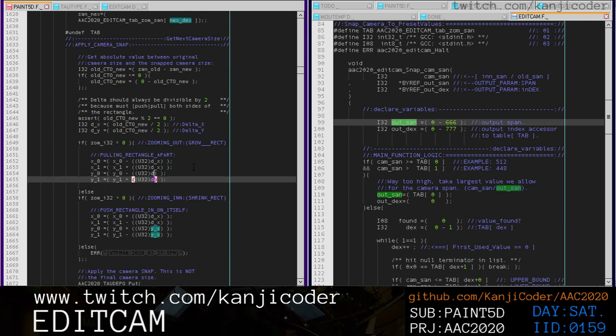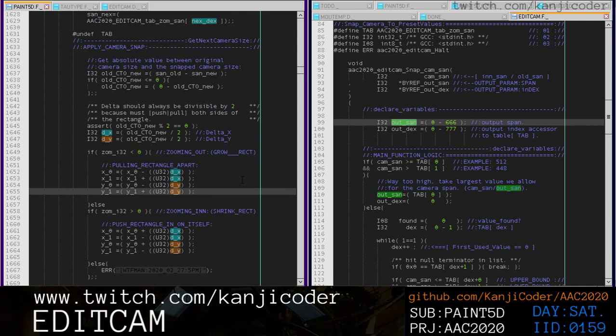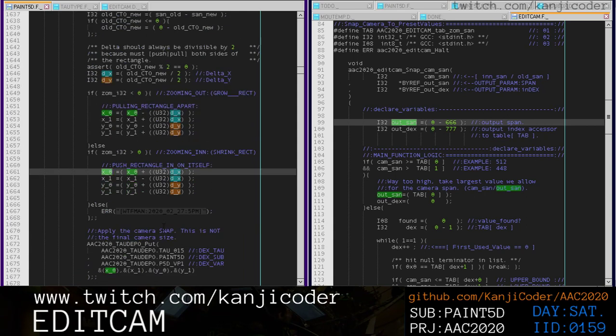So, dy. And this right here is also a dy. My bad. It's nice to kind of glance over code more than once, because there's plenty of stupid things I do. Okay, so after we apply this camera snap, we're going to adjust these boundaries of the camera, and